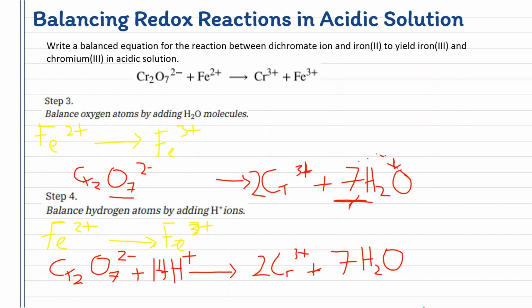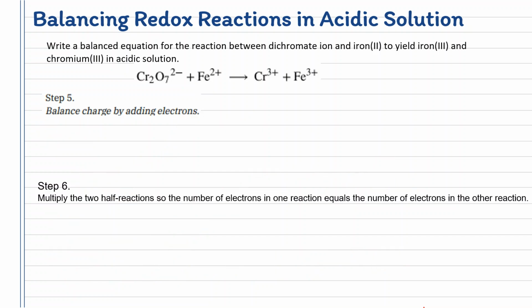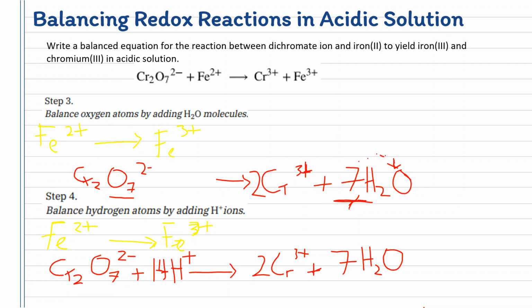Now, I'm assuming that by now you've written it down. Because of time, we need to keep moving on. So I just follow step 3, step 4. Now let's see step 5. Step 5 says to balance charges by adding electrons. Step 5 is just a continuation of step 4. So to balance charges by adding electrons,